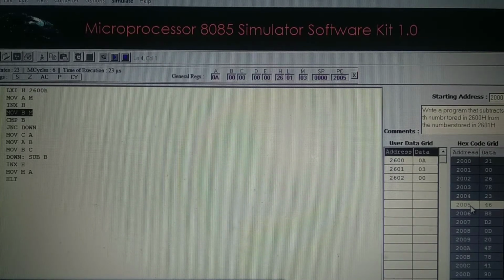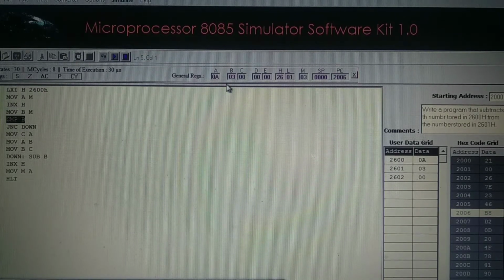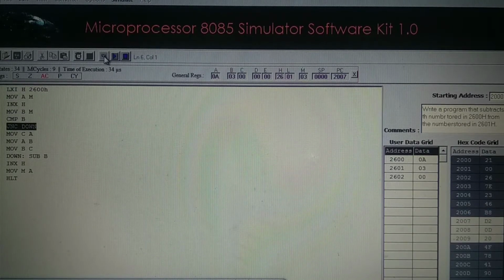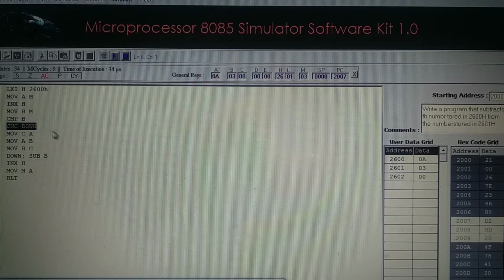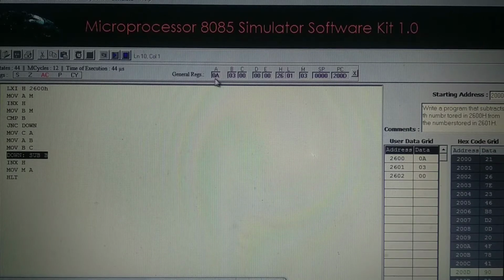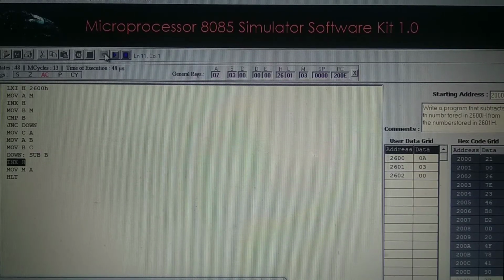The number from that is brought to register B. B becomes 03. Next, compare instruction. Carry is not there, directly go to down. Subtract B gets executed and you will get the difference here as 7.